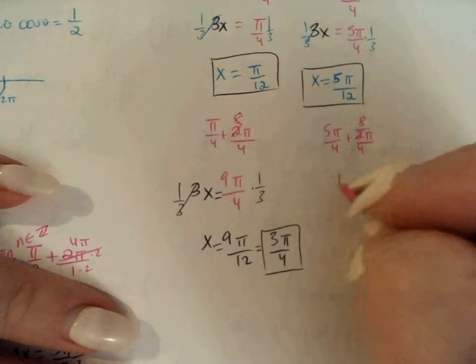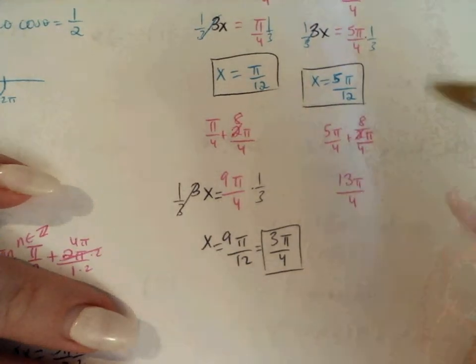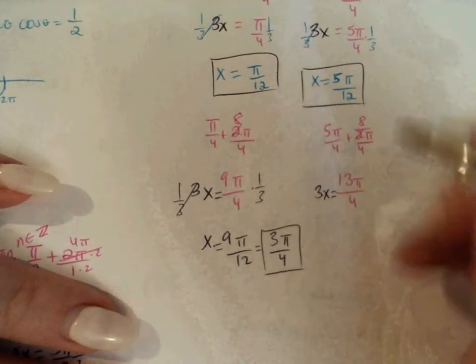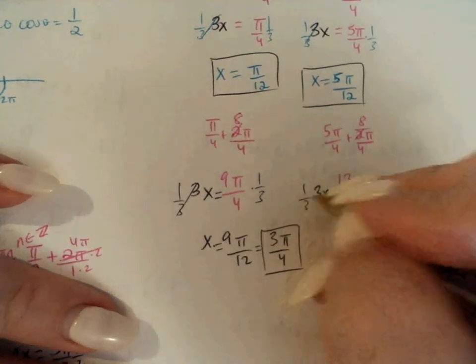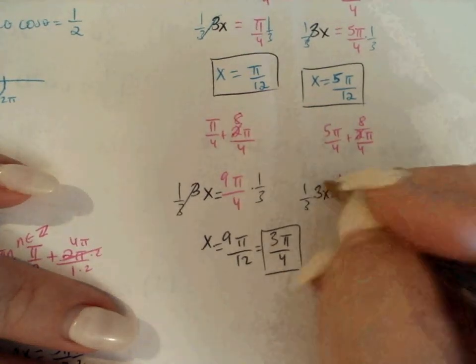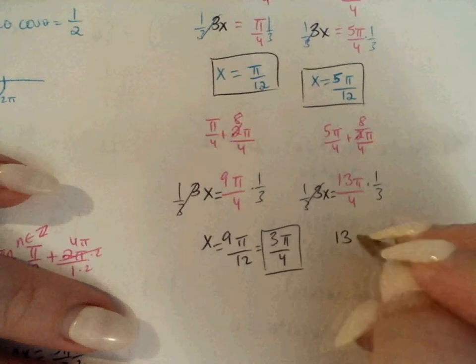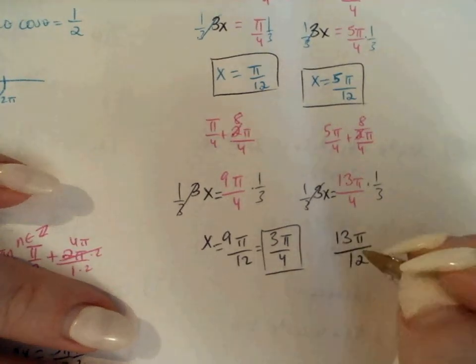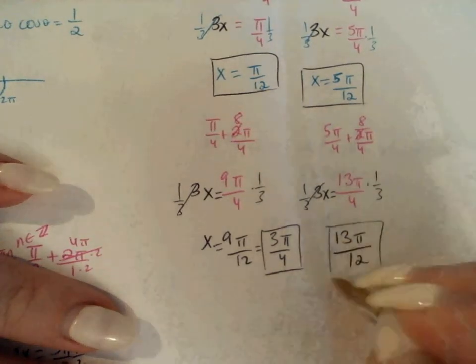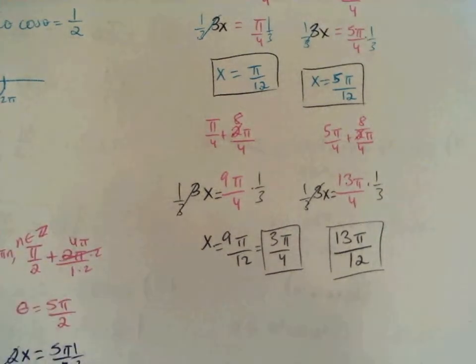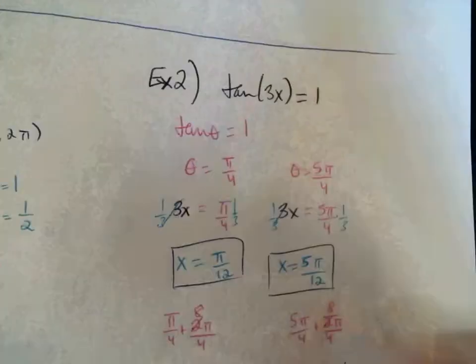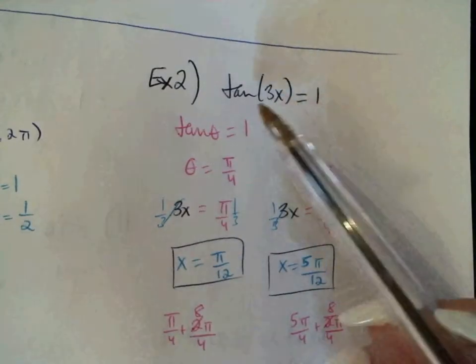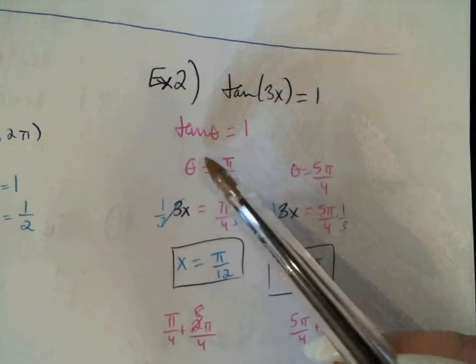5 pi over 4 plus 8 pi over 4 is 13 pi over 4. 3x equals 13 pi over 4. Multiply by 1/3. And I get 13 pi over 12, which is just over 1 pi, which means it's still in the interval from 0 to 2 pi. So to be clear, just a reminder, we're not done. Tangent of 3x equals 1 when